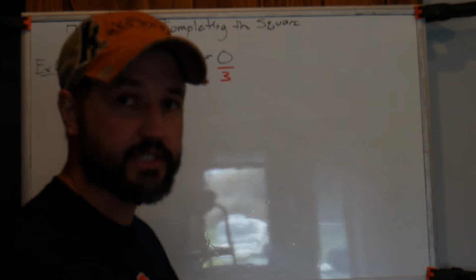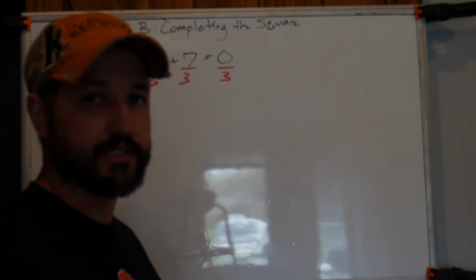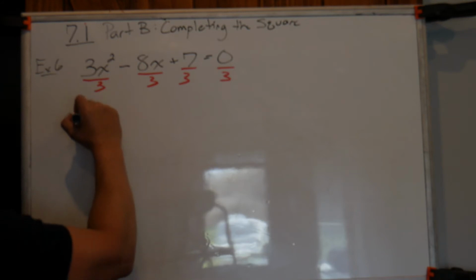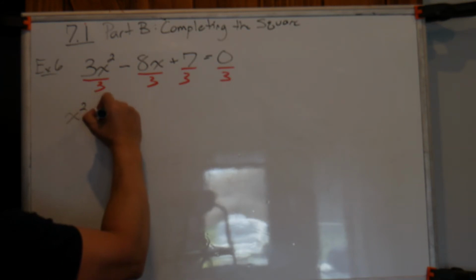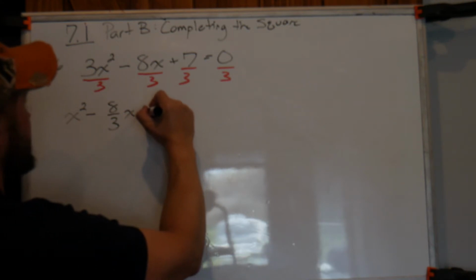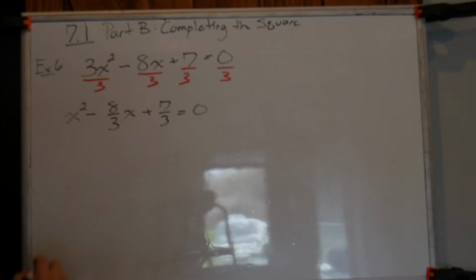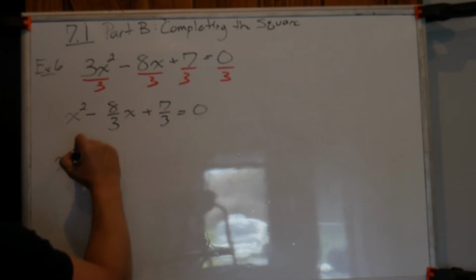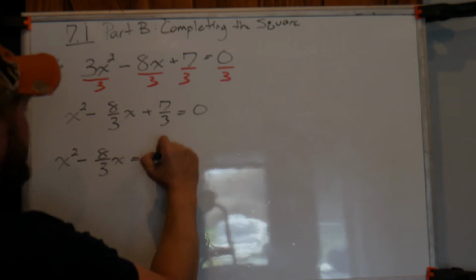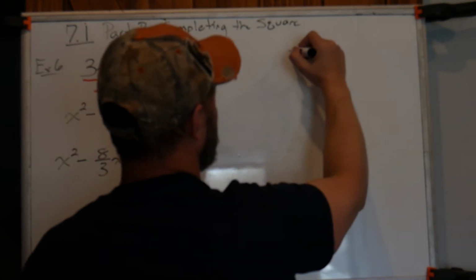Again, I'm leaving fractions. I would rather square fractions. I would rather take square roots of fractions because I'm dealing with numbers, not decimals. So when I divide, I'm left with x squared minus 8/3 x plus 7/3 equals 0. So I have x squared minus 8/3 x equals negative 7/3. Now, my middle term